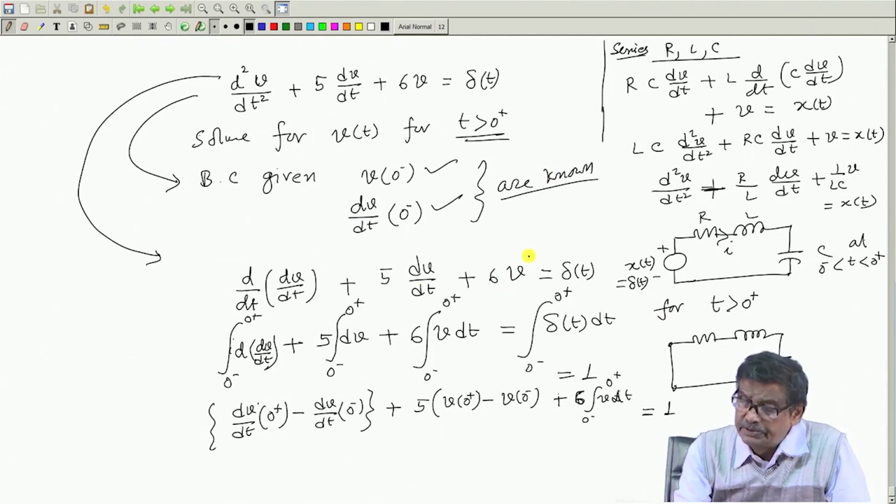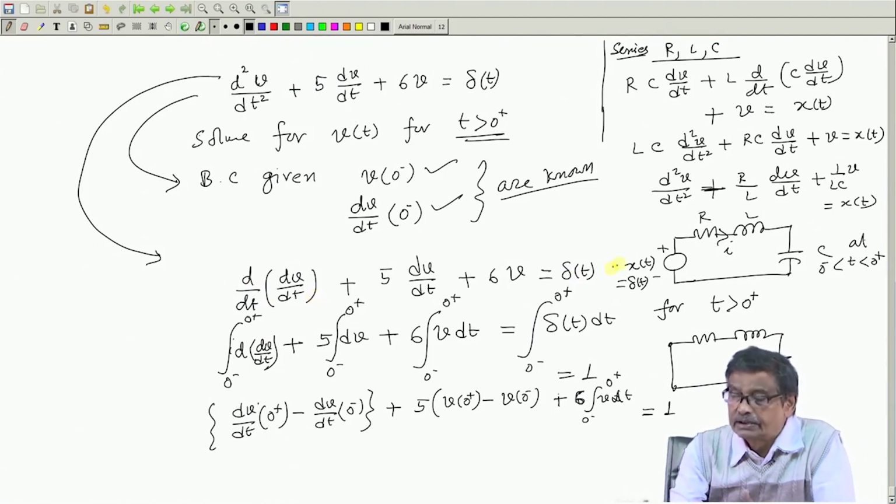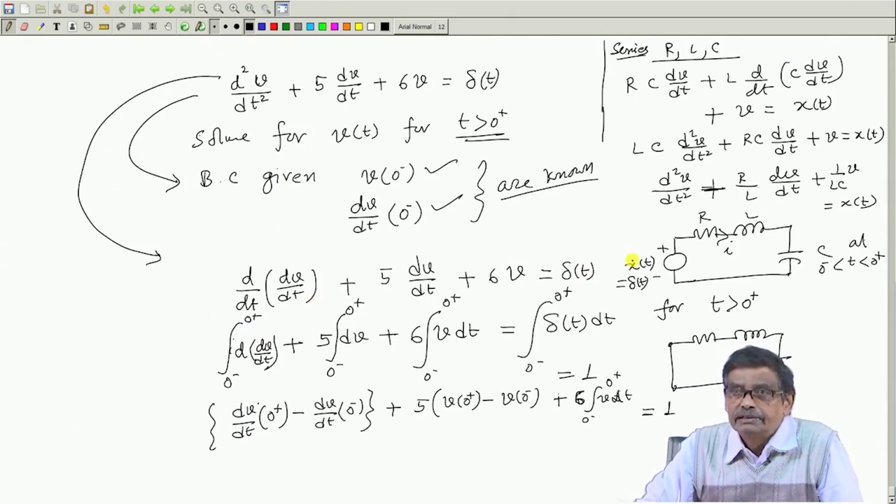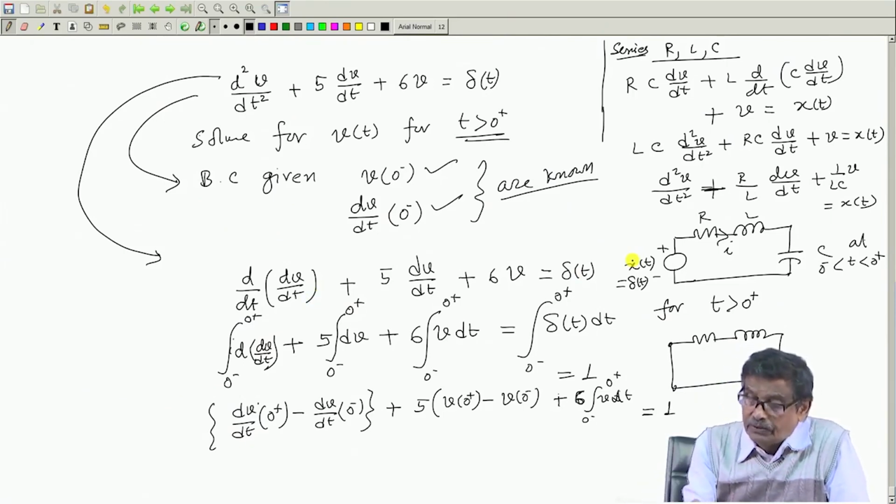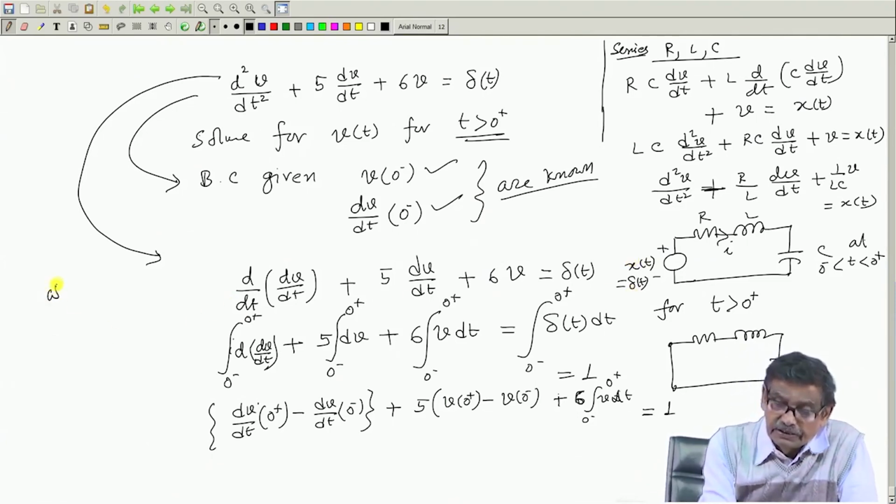If v has a step jump, then dv/dt must have a delta, and d2v/dt2 will be delta dot(t), but there is no delta dot(t) on the right hand side to balance it off. Therefore, the only quantity in this expression which will have a step jump